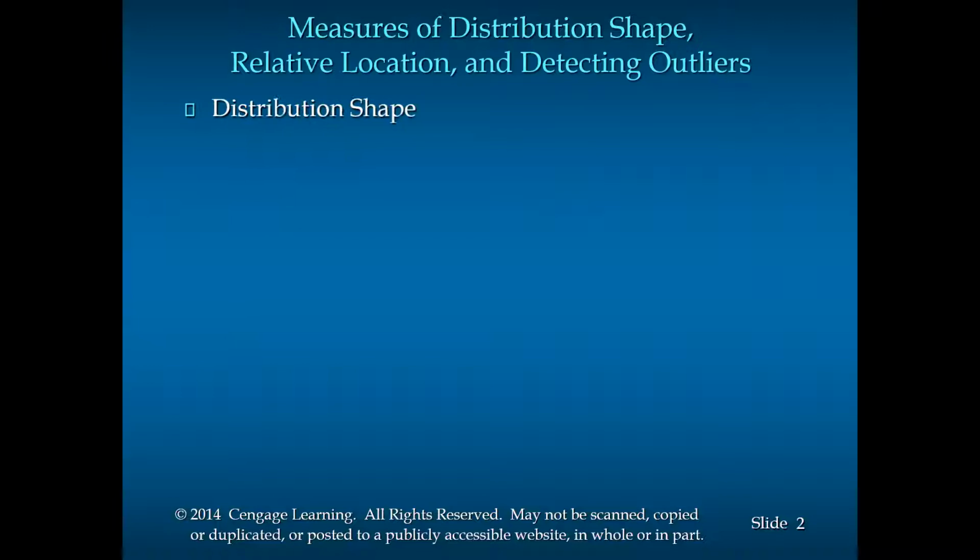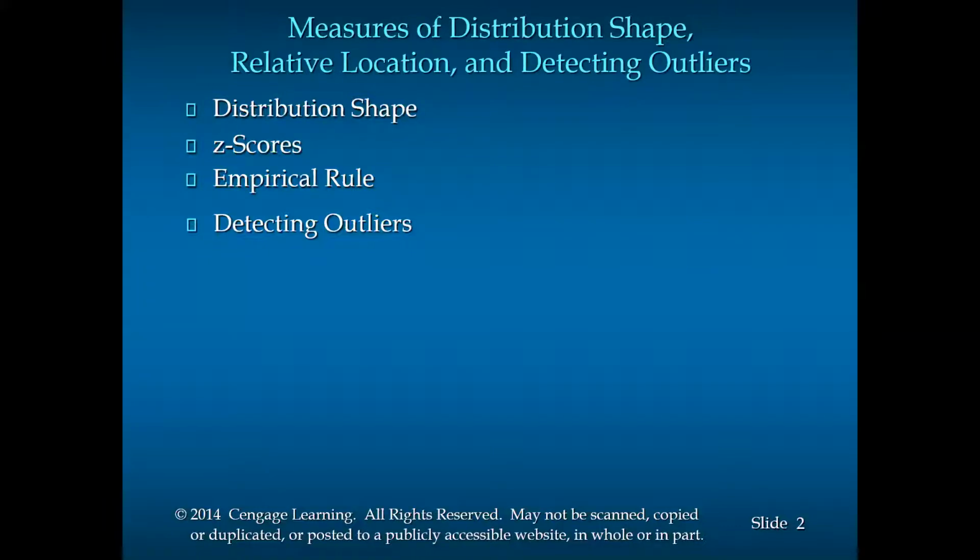Then the distribution parts: Z-score, empirical rule, detecting outliers. Why these four? For improving your data quality. That is called EDA. The business analyst is doing analysis, the data scientist is doing validation. The techniques are the same. That is statistical mathematical techniques. So depending upon the shape of the data, you can understand whether it is good data or bad data.